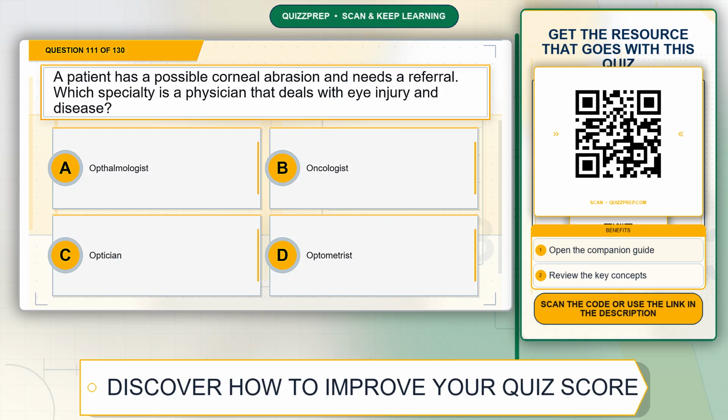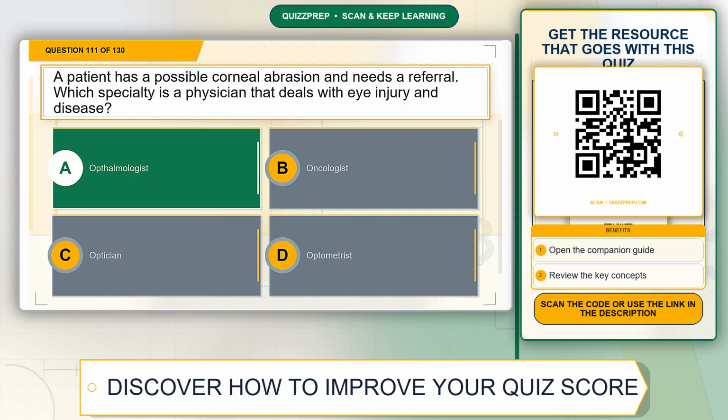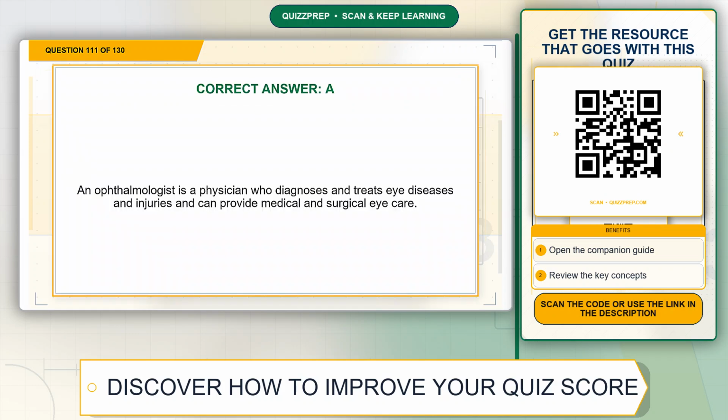Question 111. A patient has a possible corneal abrasion and needs a referral. Which specialty is a physician that deals with eye injury and disease? Option A, ophthalmologist. Option B, oncologist. Option C, optician. Option D, optometrist. The correct answer is option A, ophthalmologist. Explanation. An ophthalmologist is a physician who diagnoses and treats eye diseases and injuries and can provide medical and surgical